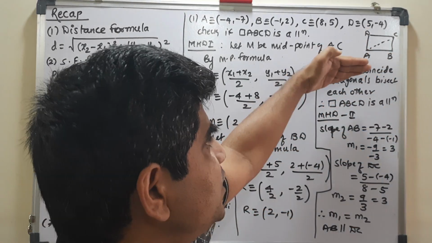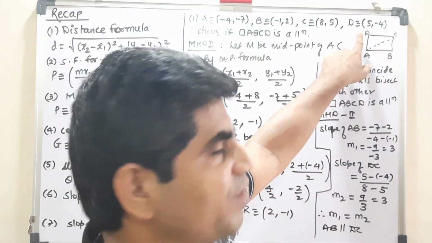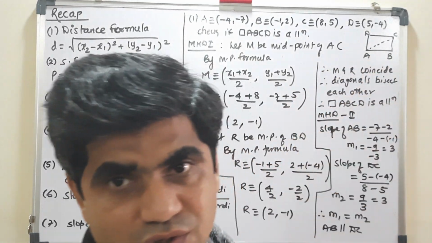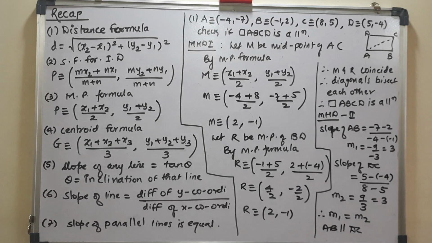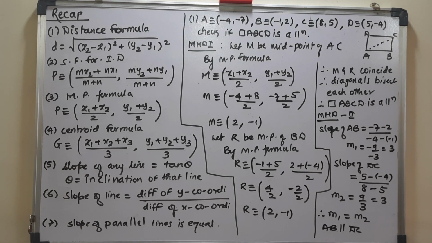We have seen that it is already shown as a parallelogram, so obviously the slope of AD and the slope of BC will also come the same. And when it comes the same, I will say that AD is parallel to BC, writing the last line like this, okay, since opposite sides of the quadrilateral are parallel, the given quadrilateral is a parallelogram. Okay, take a snapshot of this, because I am going to clear these formulas and everything. Okay.